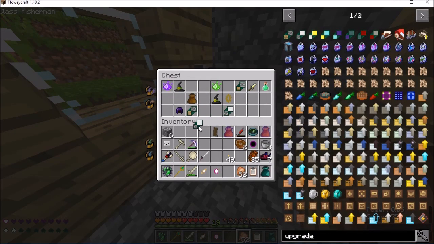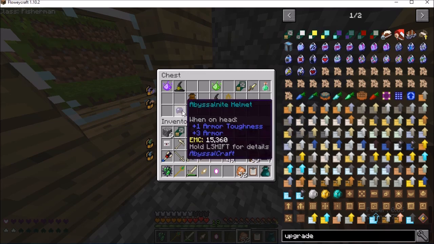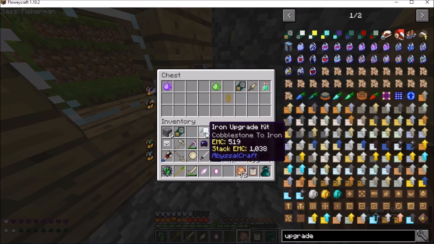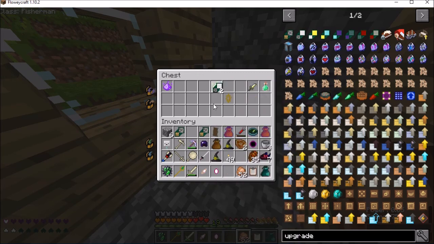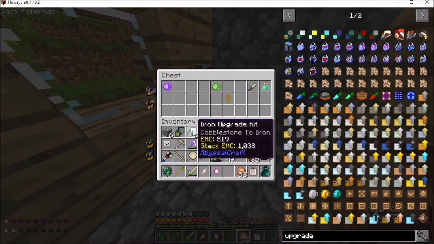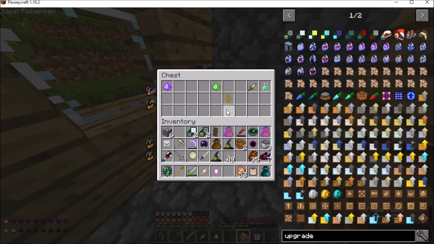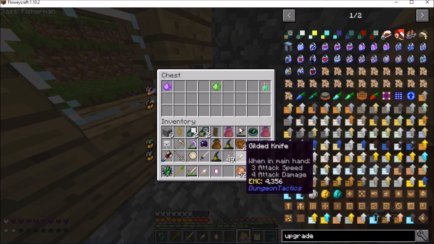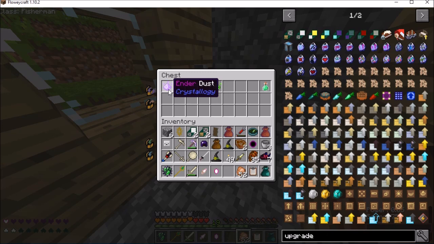I'm getting a sudden desync issue. Iron, iron, cobble, abyssal knight helmet, another sack of storage, that's nice. Oh, that's right, I found out those don't stack anymore, which is a bummer. Can these stack? Oh, that saves some space. Okay, nice. A biome crystal, a gilded knife, glow dust from Crystology, and ender dust. Nice. Okay, actually, I'll put those things in here while I